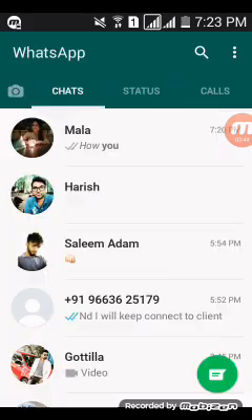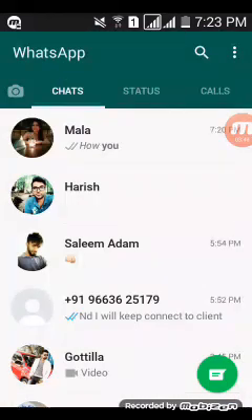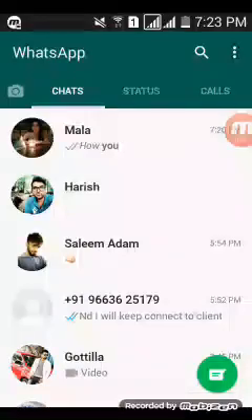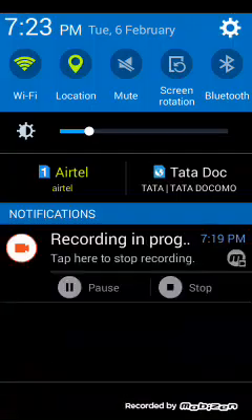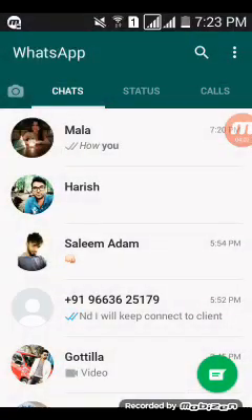So कैसे करें. So you have got the message, you don't want to show them that you have read the message. So when the message just comes, you directly go here, go to flight mode, then you will read the message. That time that person will not get to know that you have read the message.